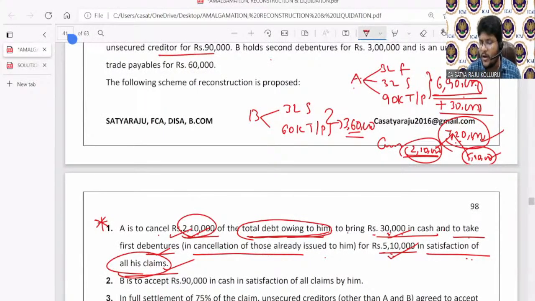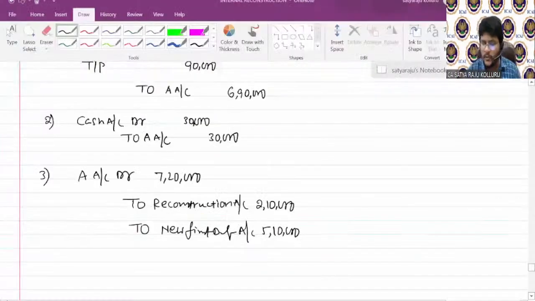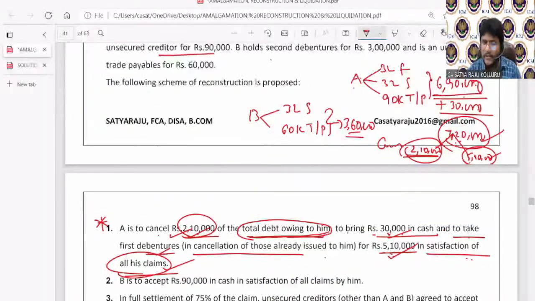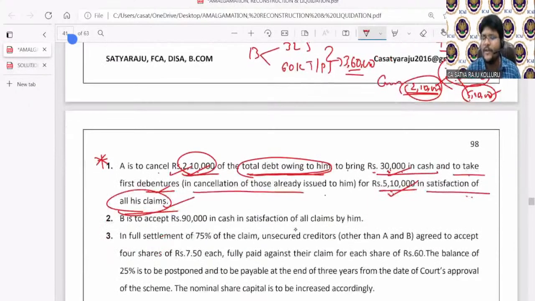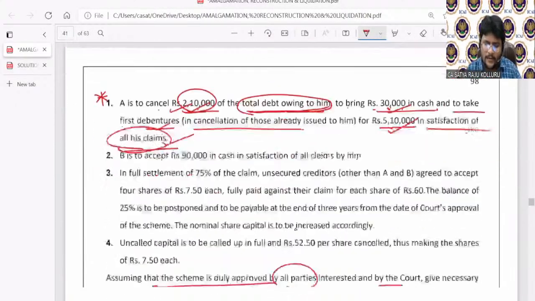Why? Because anyway he has already foregone 2,10,000. That's why the remaining balance needs to be payable, 5,10,000 only. Hope you understand. So passing the journal entries in case of internal reconstruction is dead easy, but understanding the given scheme itself is difficult. You need to understand the scheme properly because the journal entries completely depend upon the provisions of the scheme. So the problem information is nothing but the provisions of the scheme. Once you understand the provisions of the scheme, you can complete the journal entries in no time. Next, coming to point number two,